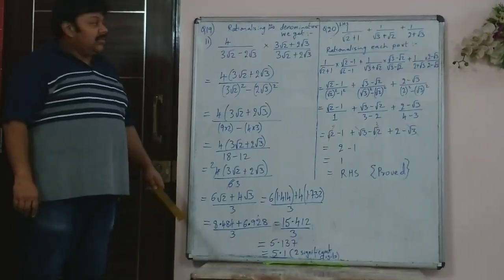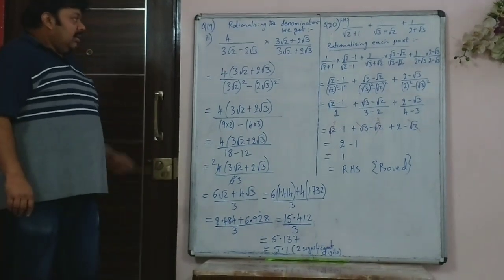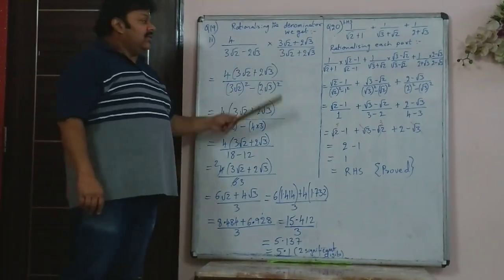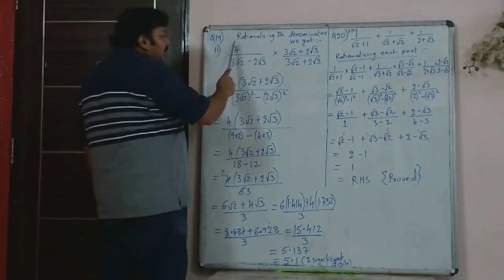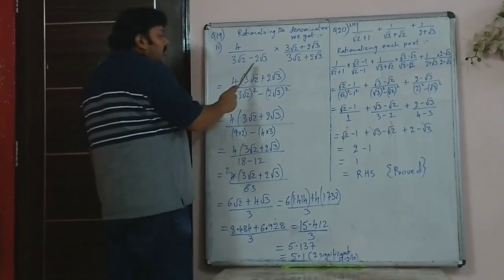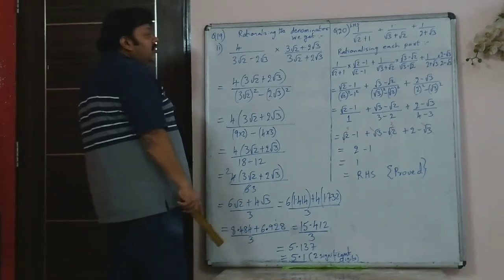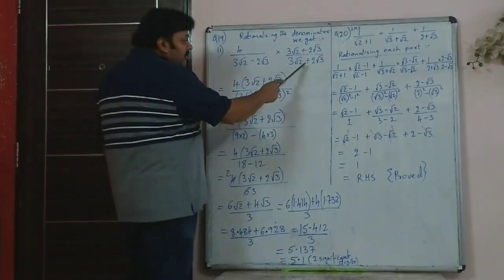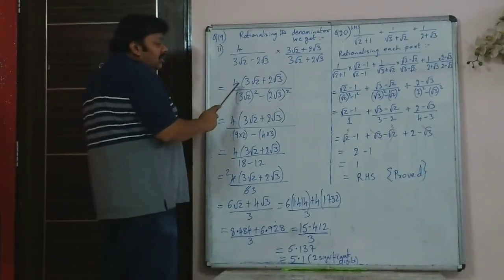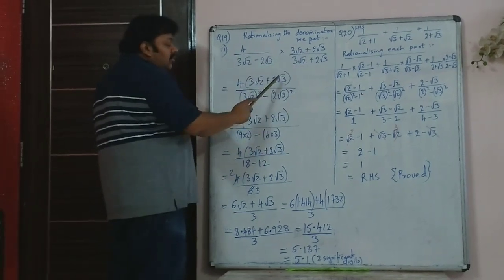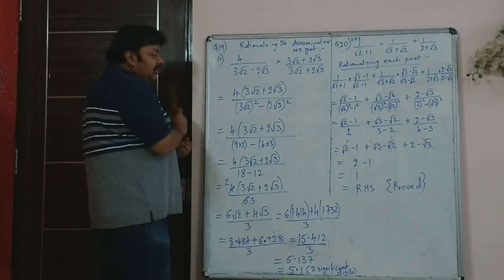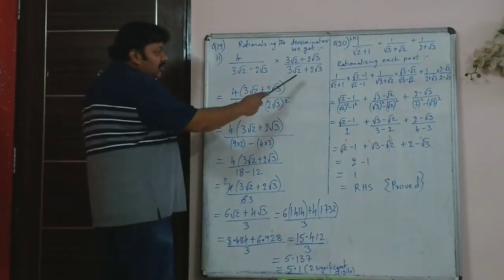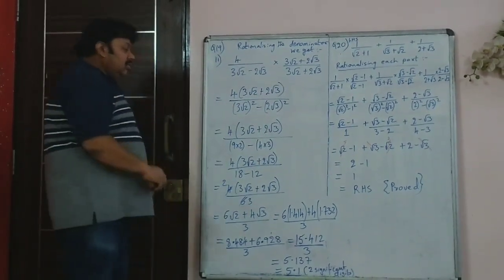So in question number 19, the second part, again you are asked to simplify and find the answer correct up to two significant digits. So we rationalize the original number, we multiply and divide by 3 root 2 plus 2 root 3, the opposite side. So the numerator becomes 4 times (3 root 2 plus 2 root 3), and the denominator is a squared minus b squared. So (3 root 2) the whole squared minus (2 root 3) the whole squared.